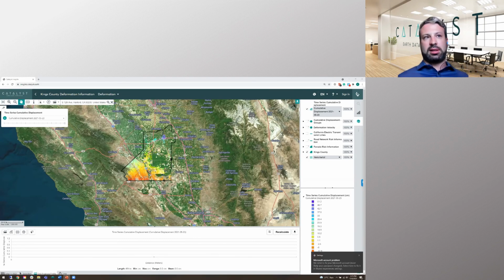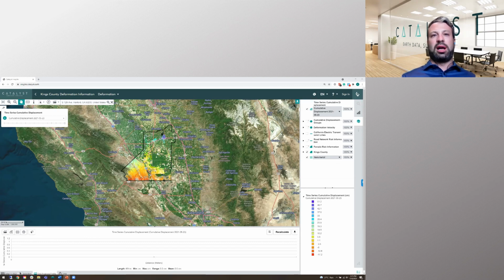So Catalyst Insights, this is the name of the solution, the information services web app that we have built in order to serve up the data. As you can see in this example, we have an AOI, which is the county boundary for Kings County, and this is where we performed our analysis. The way a user would leverage it is they would provide an AOI, and for the free open source data, that could be as large as 100,000 square kilometers, and it could be broken up into multiple AOIs. Then we will provide the measurements into these AOIs, update them regularly, and you can use a variety of the tools that we have built in order to perform